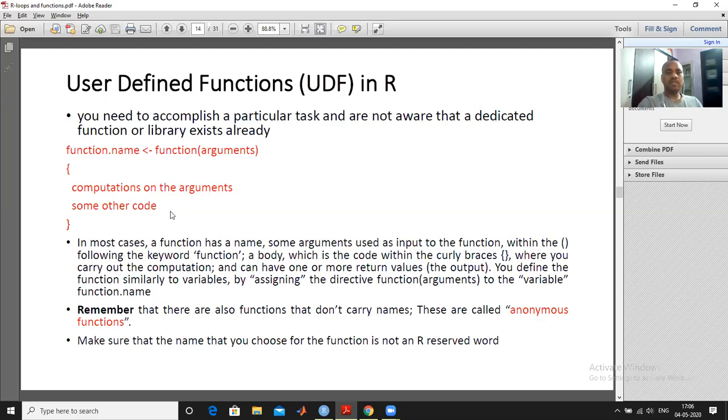So what will be the syntax to define a function in R? On the first line, there is a function name. This is not a fixed keyword. You can change it according to you. This is the name of that function, so you can give any name. Suppose I write my first function. You can give the name my first function, or it should be something descriptive.